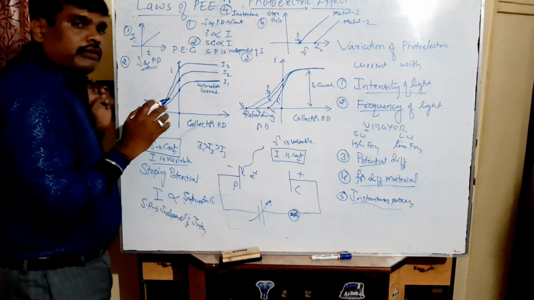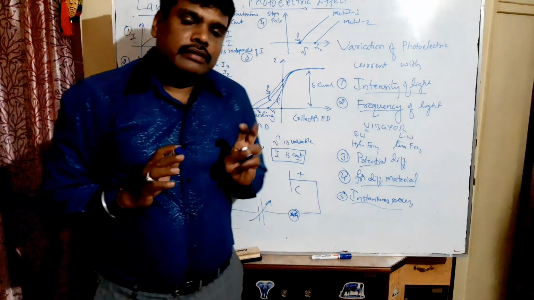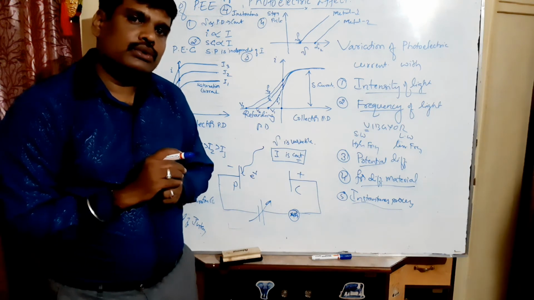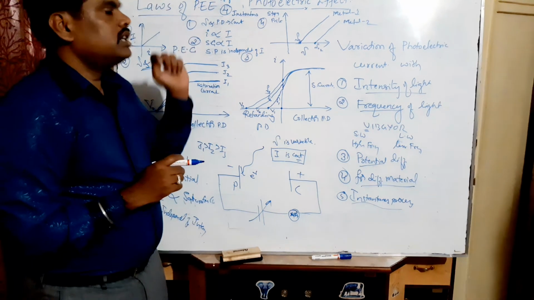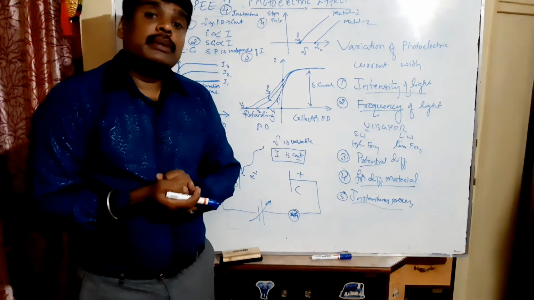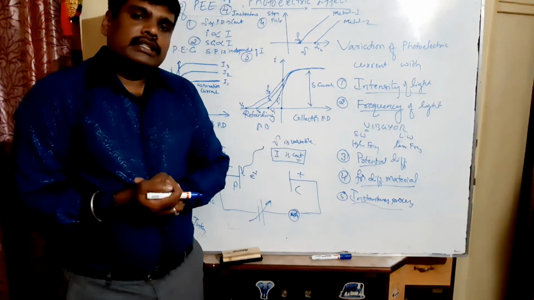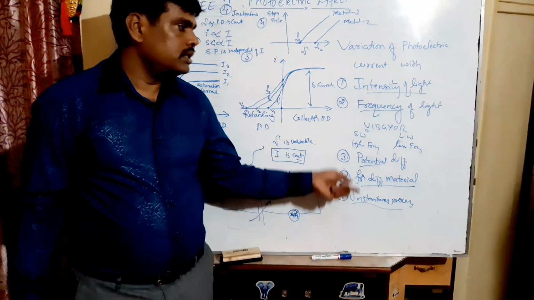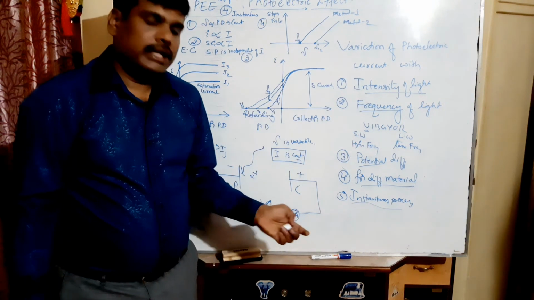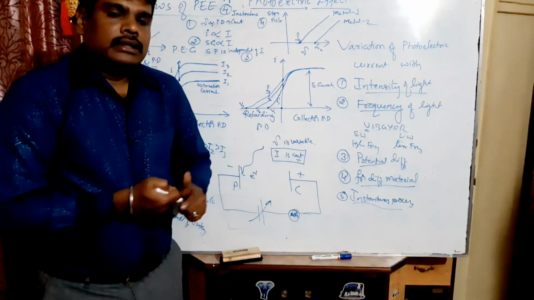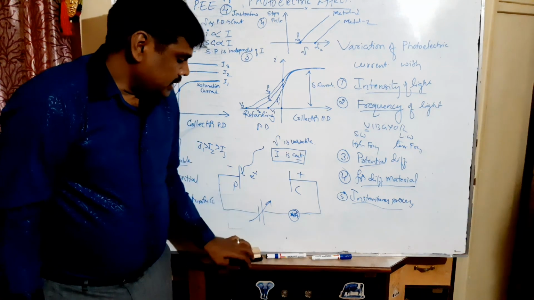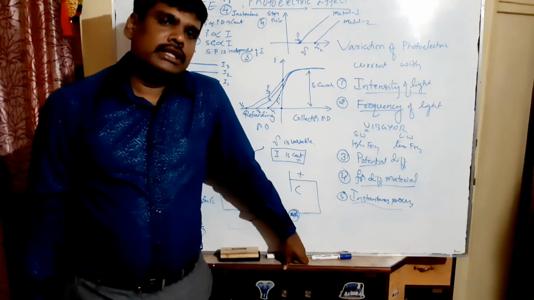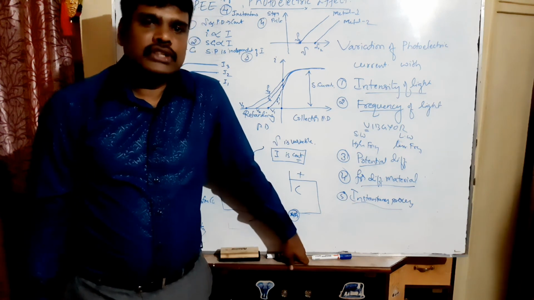But with the help of wave nature, it is not possible to explain the photoelectric effect, as I already told. According to wave nature, the energy is directly proportional to intensity. Energy depends on intensity. With the help of energy dependence on intensity or wave concept, we cannot explain the instantaneous process, and these things we cannot explain. That's why in the year 1905, Einstein took this as a challenge, and he successfully explained the phenomenon of photoelectric effect by using a new theory called quantum theory.